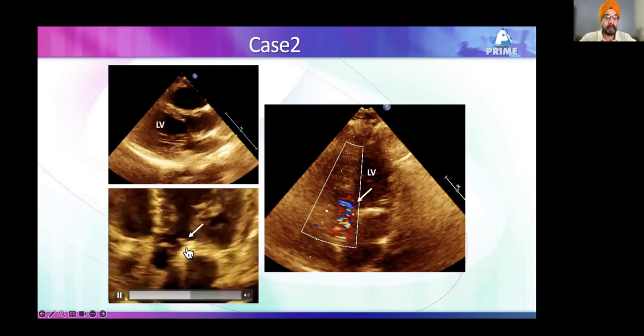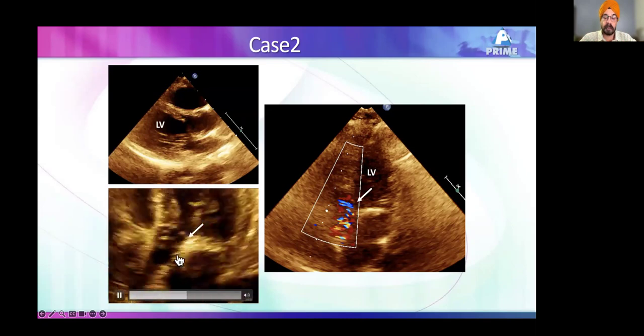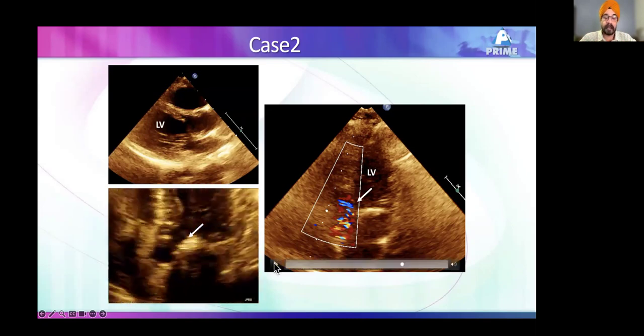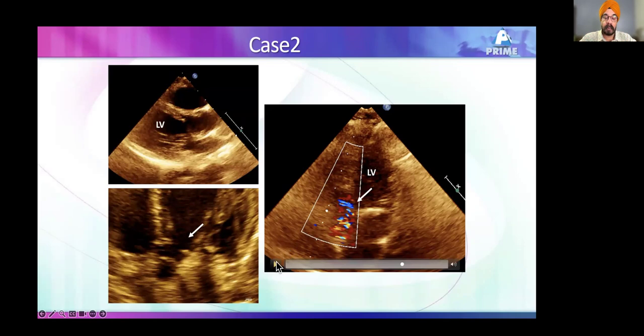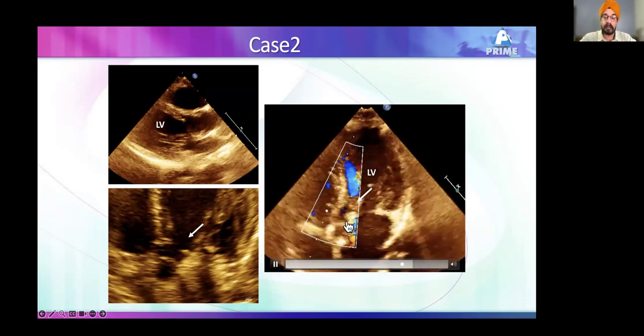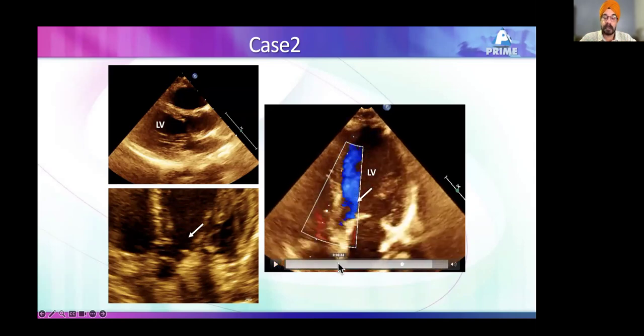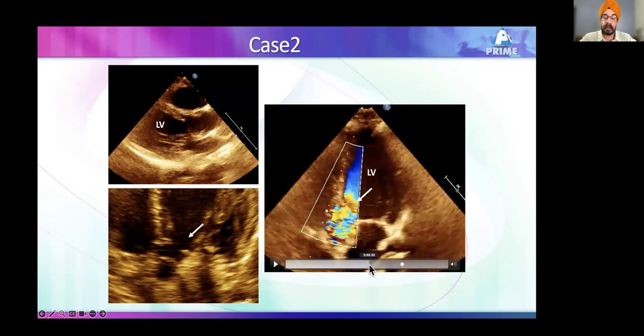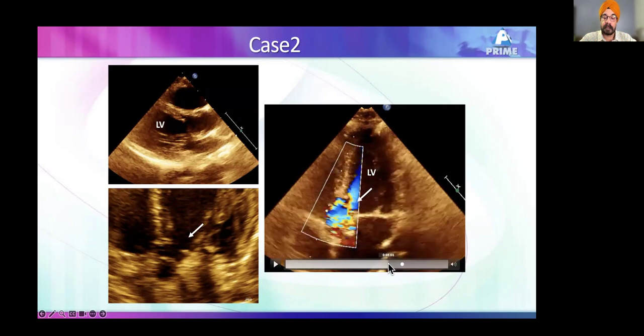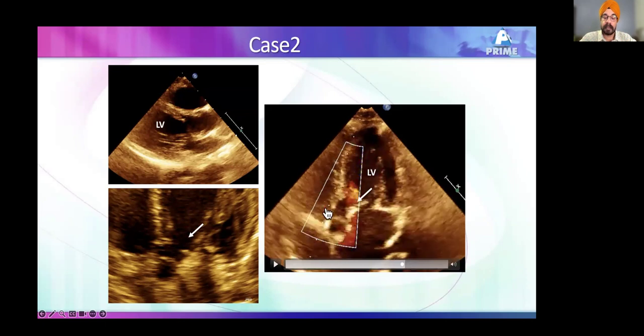Now you see this subaortic membrane, you see this aortic valve, and again when you go and see the flows,